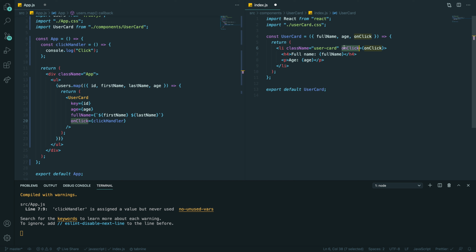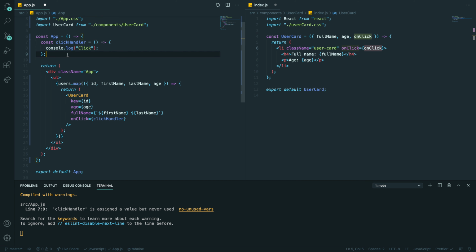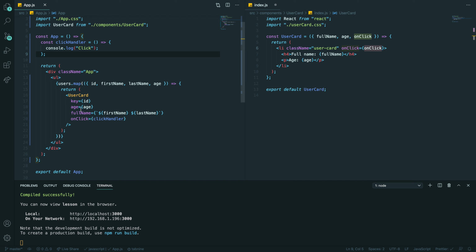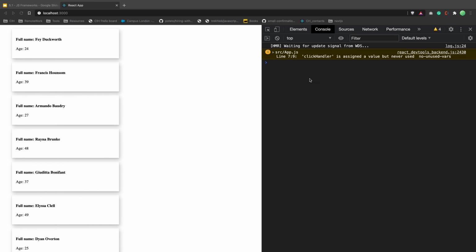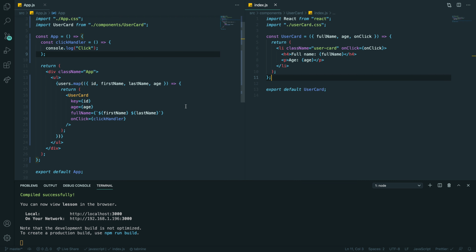Yeah, so this is a reserved method. And I just have my function. And as you can see, this function on click here represents my function from here. Because I'm just passing it through the component and I'm receiving it here. So let's try. If I go back, click on any card, we have click, right? So we have click whenever I click on any card.